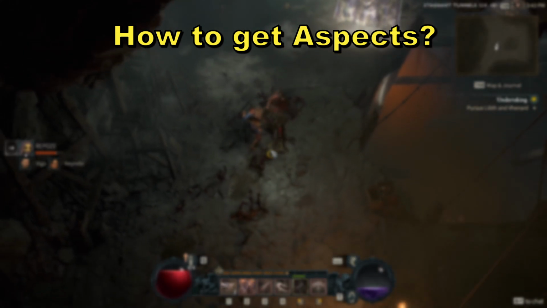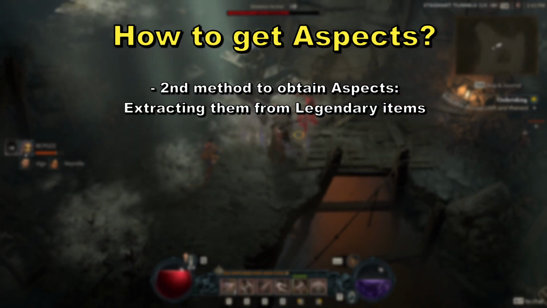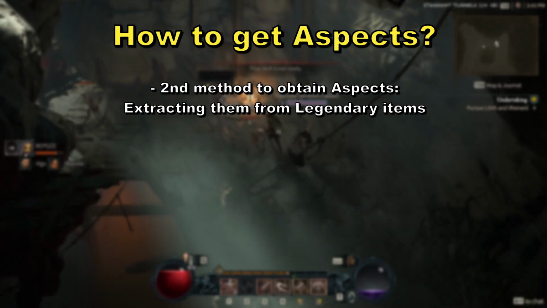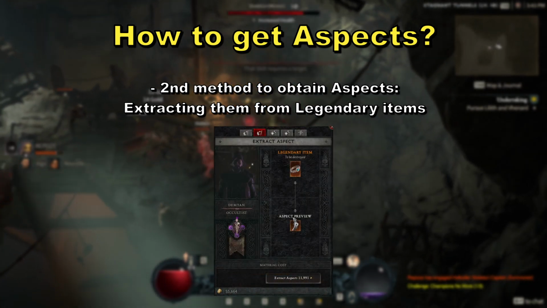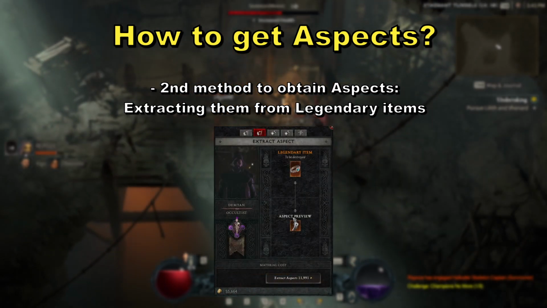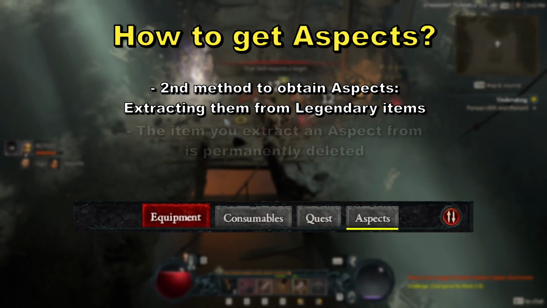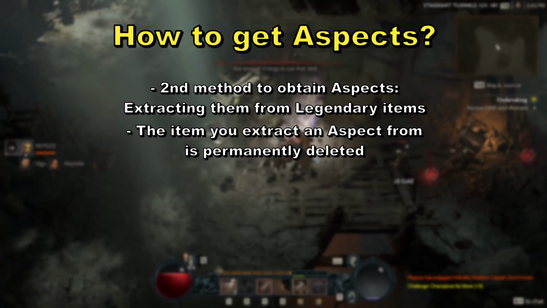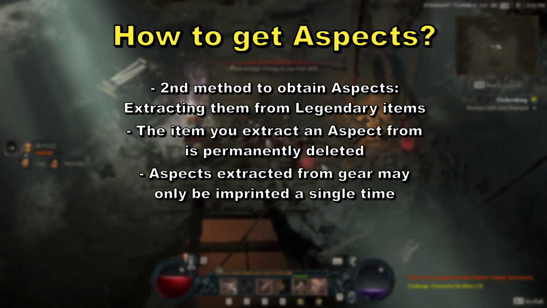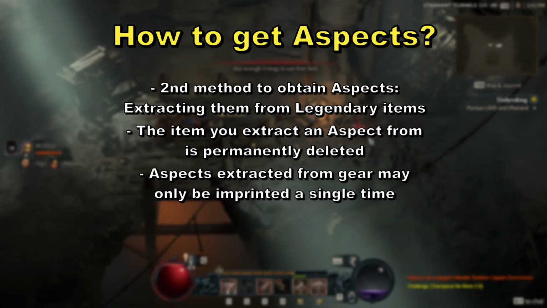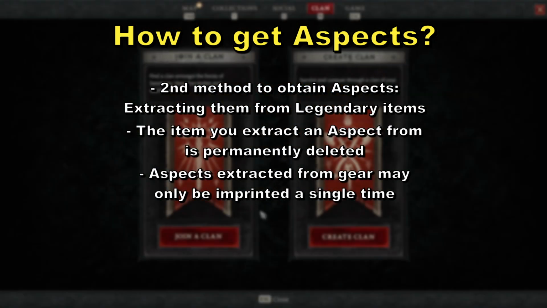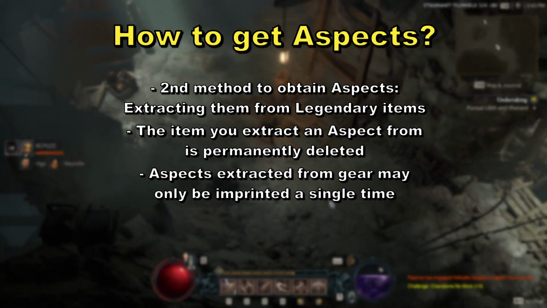The second way to obtain aspects is from extracting them from items. If you take a legendary item to the Occultist NPC, you can pay a fee to extract the aspect from the item, which will add the aspect to your inventory in the Aspects tab, and the item you extracted the aspect from will be permanently deleted. Aspects extracted from items may only be used a single time. Once an aspect has been imprinted from your Aspects inventory tab, it's consumed and therefore not applicable to multiple pieces